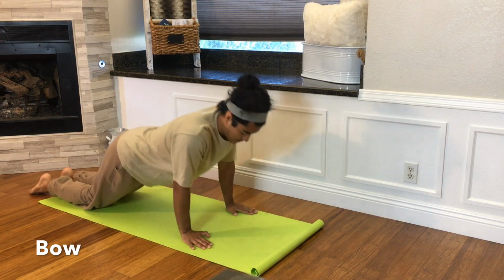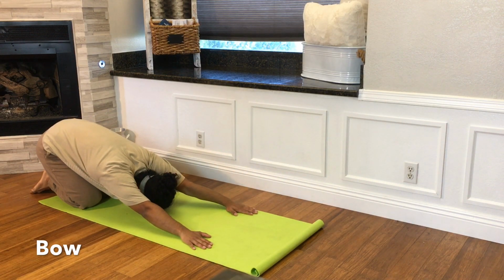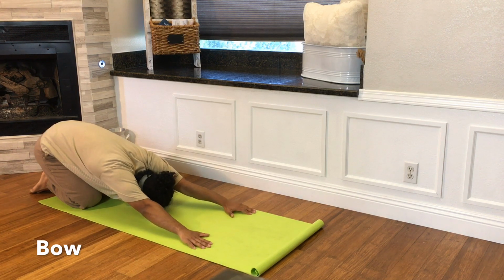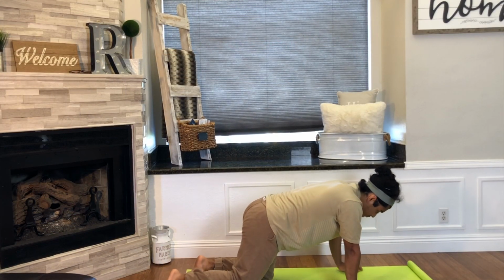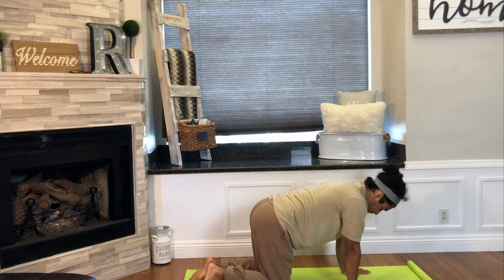And then from here, we're going to start to post our hands on the mat and swing our hips backwards onto our knees into a child's pose. So nice flat palms onto the mat. Extend your fingers, spread your fingers out, really get a good feel for the mat, the ground and the floor that's supporting you. And we're coming to here a tabletop position, and we're going to do a bit of core and ab work